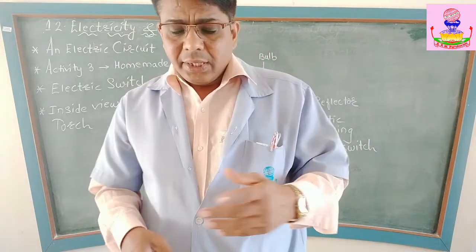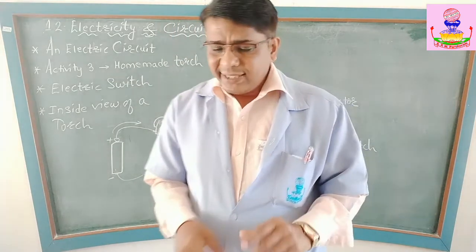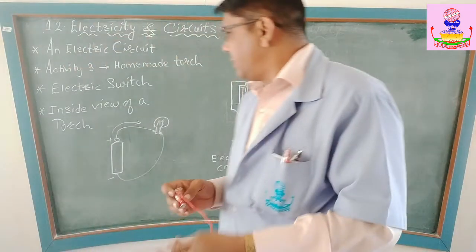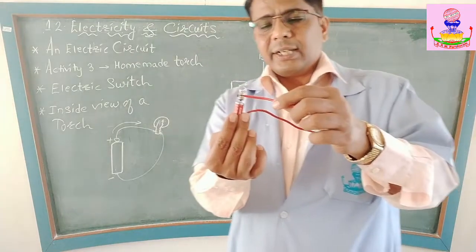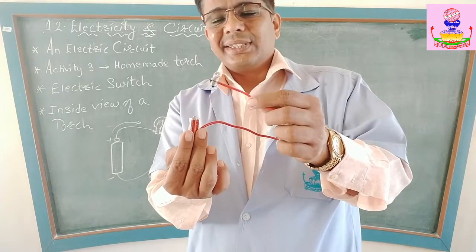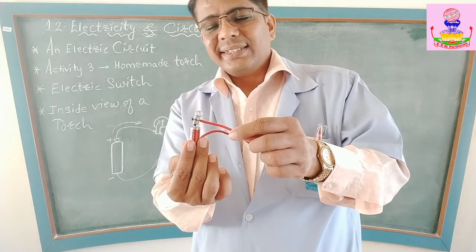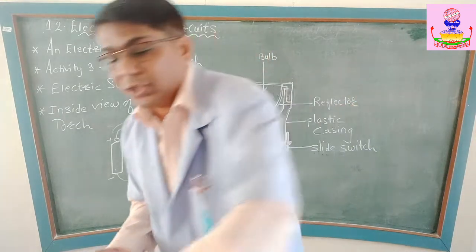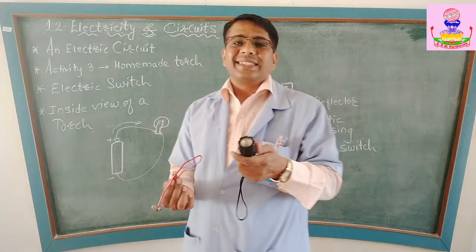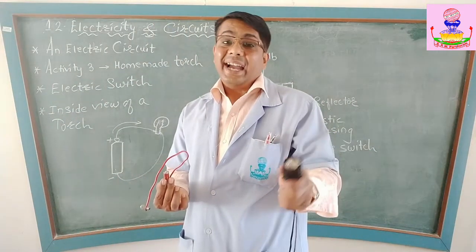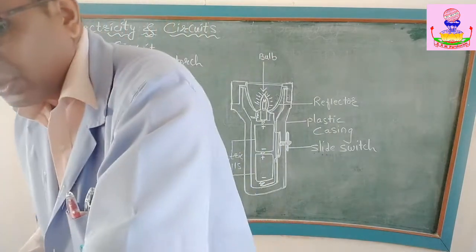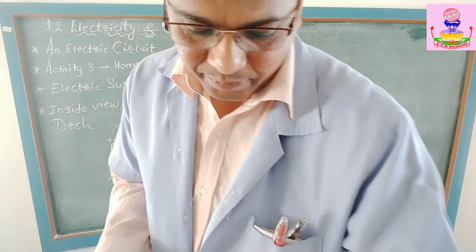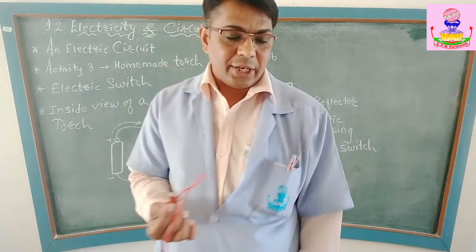Now, but see here, we have seen that I have to put it like this. So it acts like a switch, you know. This is the easiest switch. In a battery torch we have seen, there is a switch here. And that switch switches the electric current on or off.